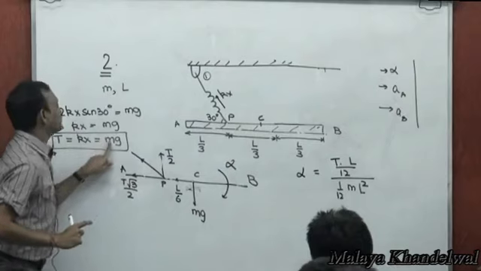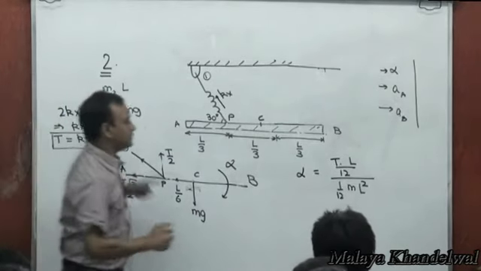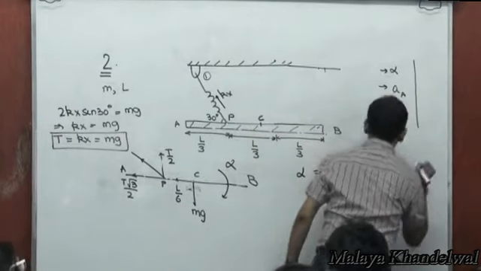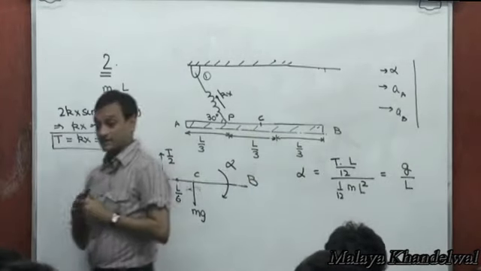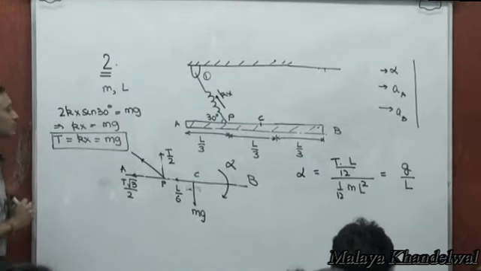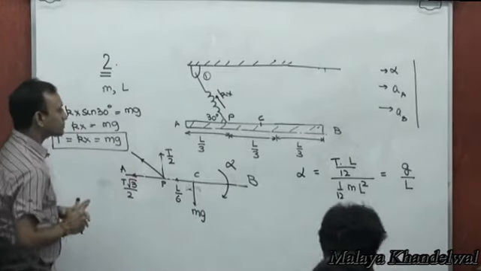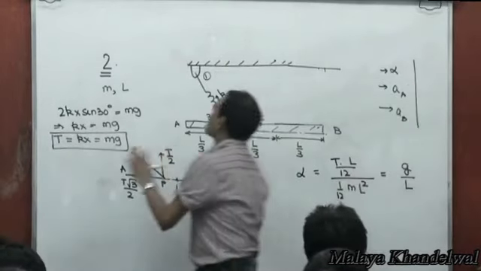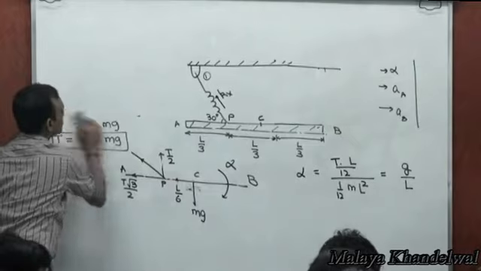But T we have computed as mg already. So then this becomes g by L radians per second square, the angular acceleration, right? G by L is the angular acceleration. So we have this ready with us. Now, once we have set up the angular acceleration,